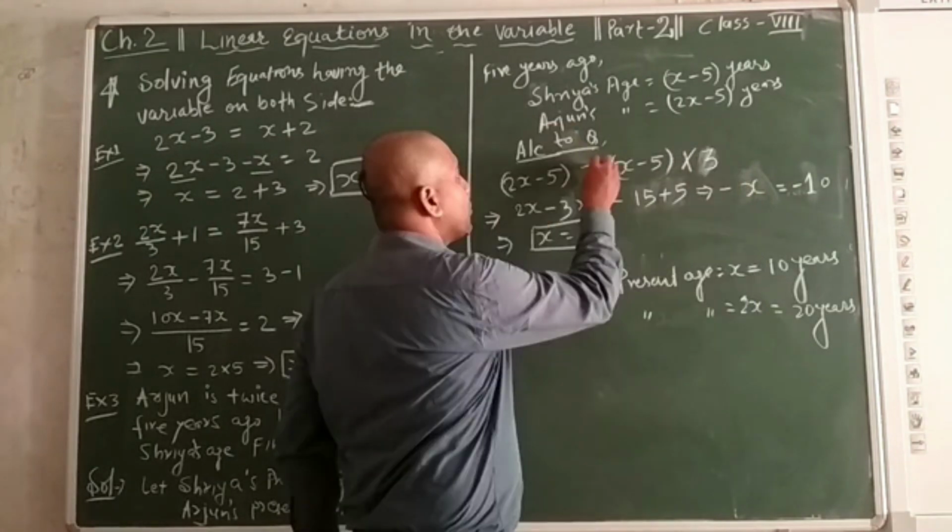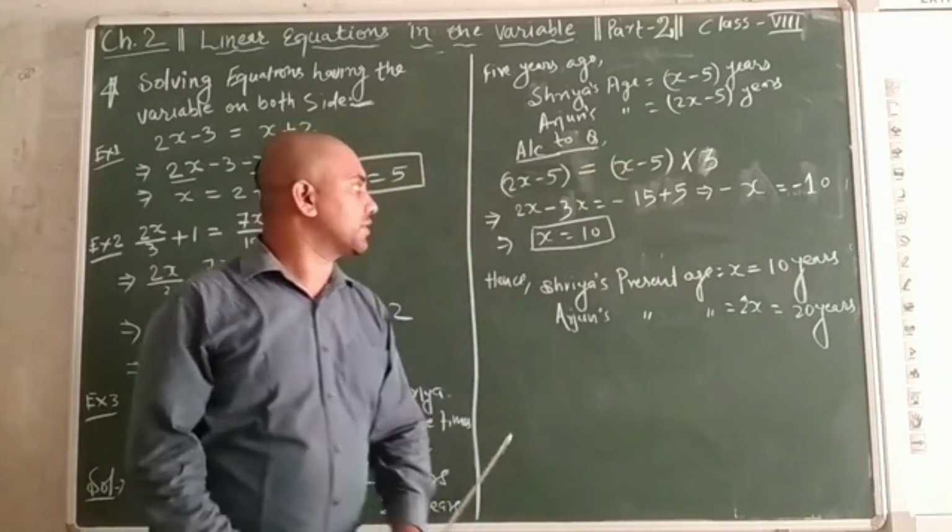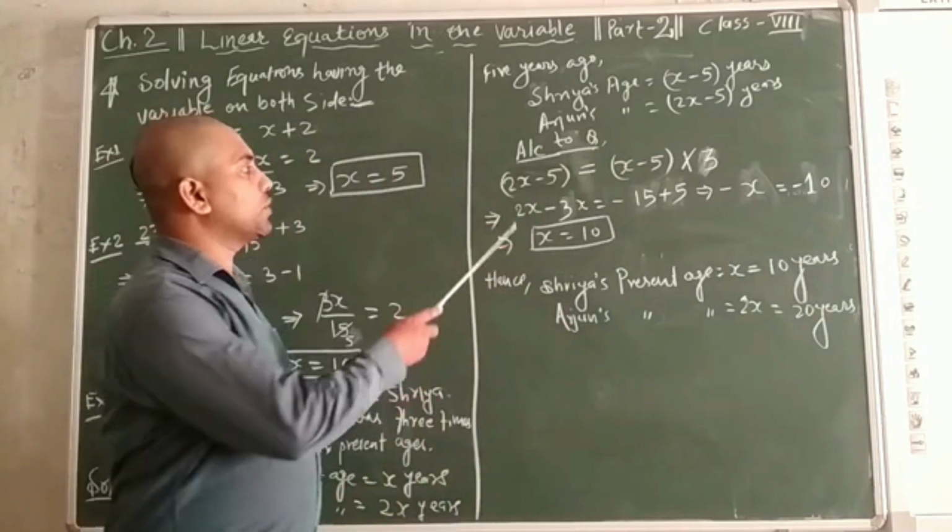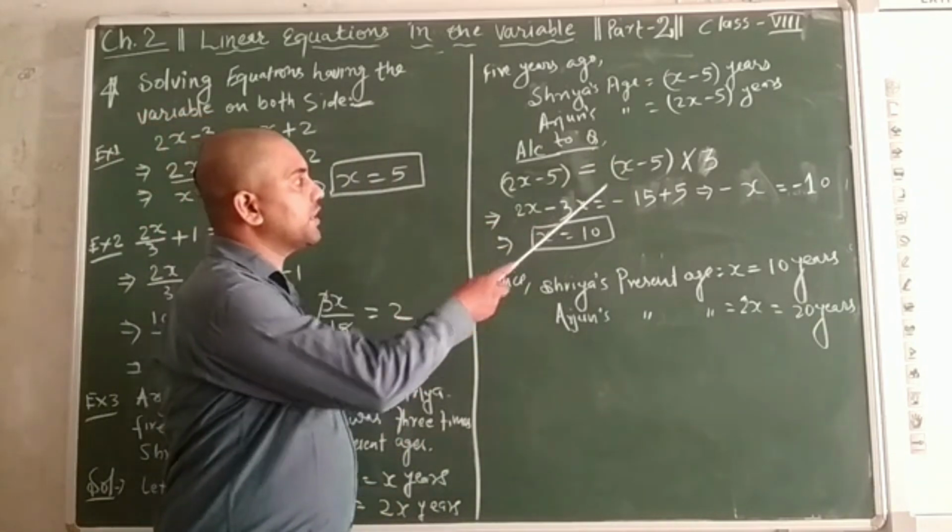By 3 we will multiply. You can see here that it is 3 times. So by 3 we will multiply. Then both the ages will be equal distance, and we will proceed, then 2x minus 3x, this 3x we have